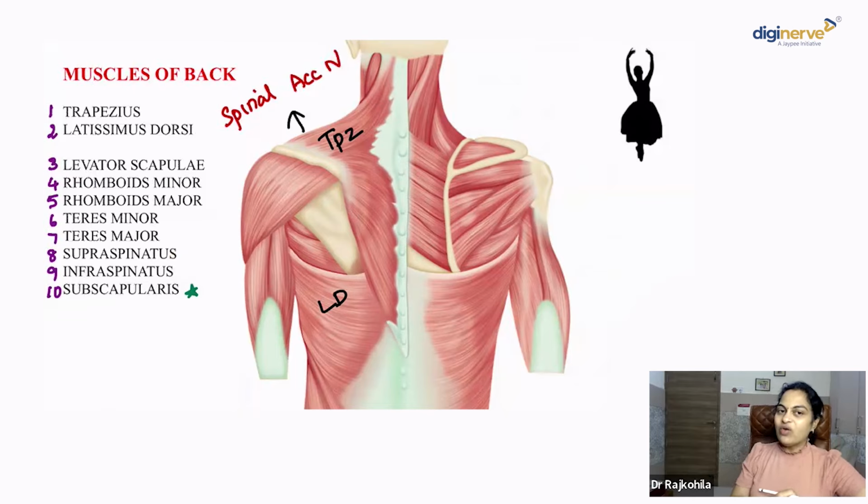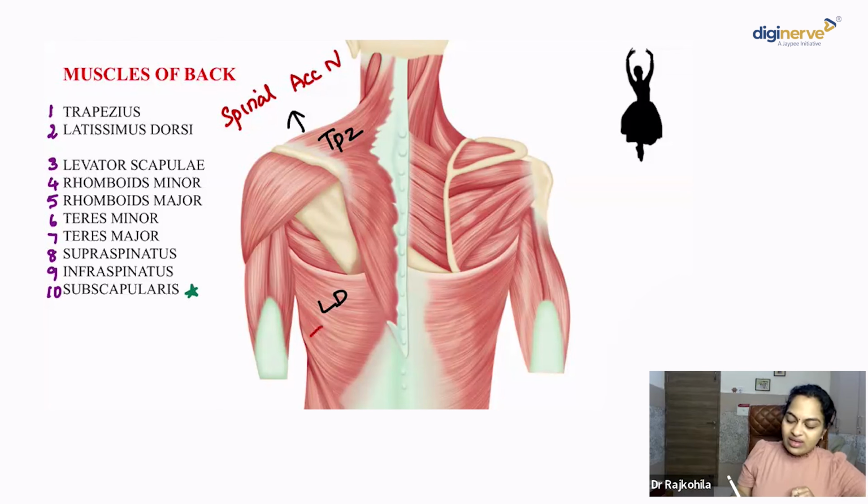Anyone? Yes, you're right. The sternocleidomastoid muscle of the neck. When it contracts, it turns the chin to the opposite side and the head to the same side as that of the shoulder. The spinal accessory nerve supplies only two muscles in the entire human body, the trapezius and the sternocleidomastoid, right?